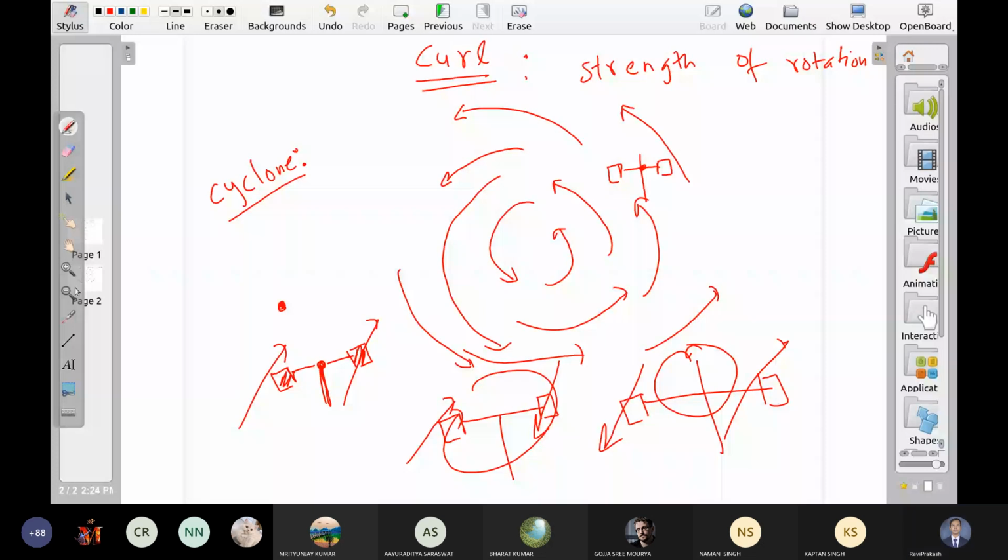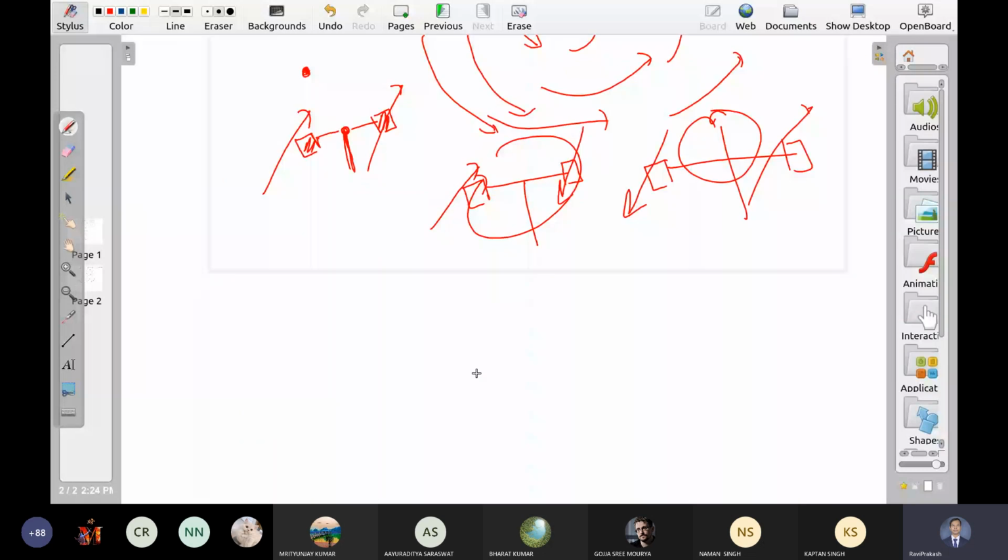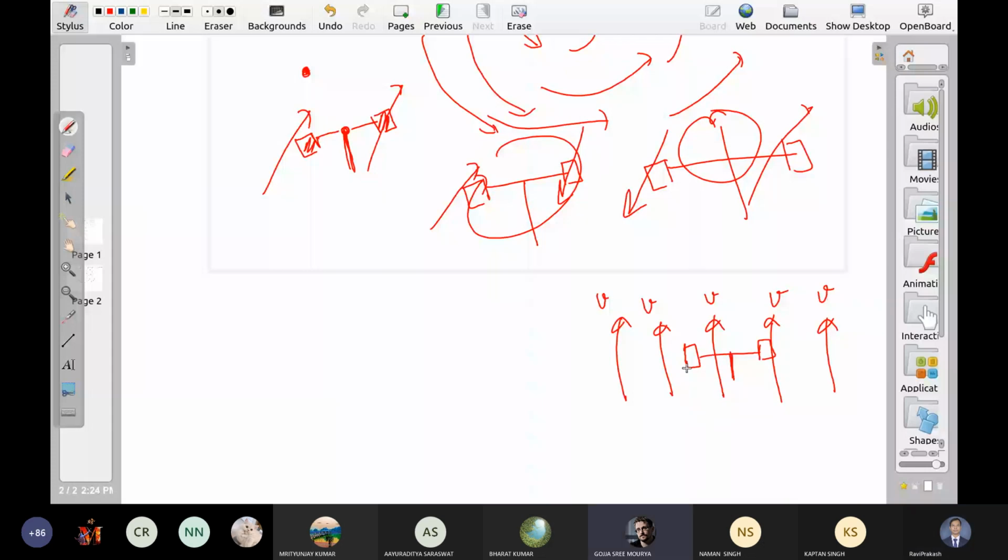Let us say this is the flow of air, V. All the velocity vectors are the same. I put a pedal wheel, one side here, the other side here, and it can rotate about the center. Will this wheel rotate? No, it will translate. Let us ignore the translatory motion for now. So there is no rotation, and there is a translation.